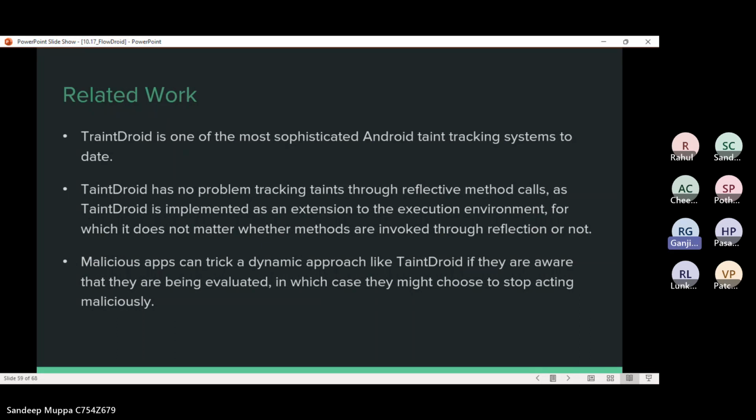While this is not problematic if the dynamic analysis is installed on the user's own mobile phone, in that case the malware would effectively be tamed by the user. It is problematic if the dynamic analysis is only used for ahead of time triaging of malware that could then later on be installed on the system and not protected by the dynamic analysis, in which case the application could resume its malicious activities. Static approaches such as FlowDroid do not share these particular shortcomings as they never actually execute the application. Next slide, please.